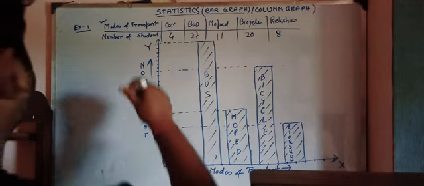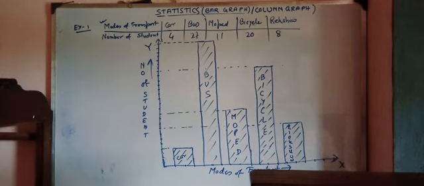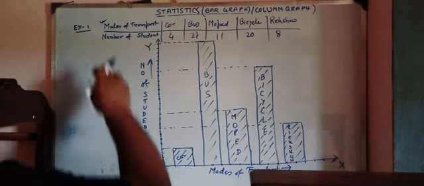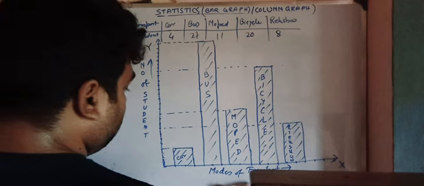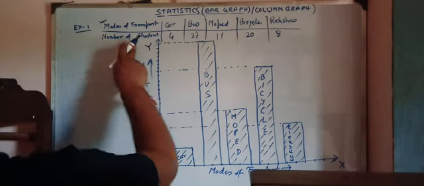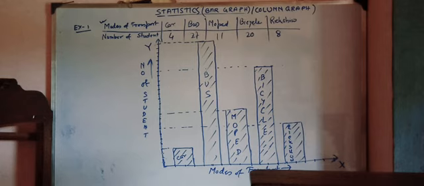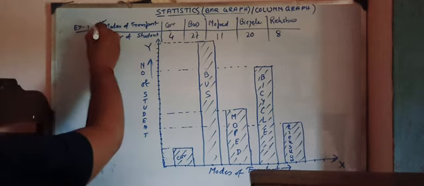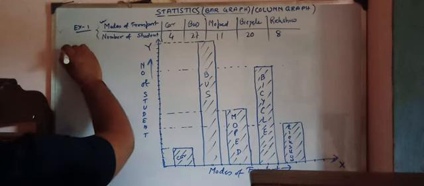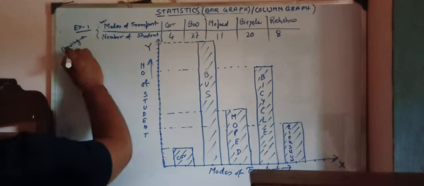The question is given here. Okay. Next. So for this method, we can draw a bar graph. We have to take the modes of transport, the first data that is given in the column, on the horizontal line, and number of students on the vertical line, and we can draw the rectangles. That is my answer. Next, reading a bar graph. So this is drawing a bar graph.